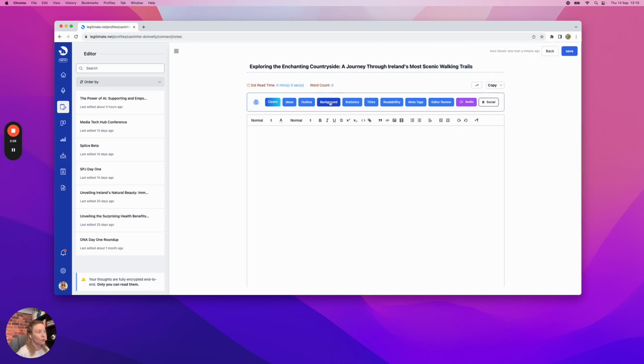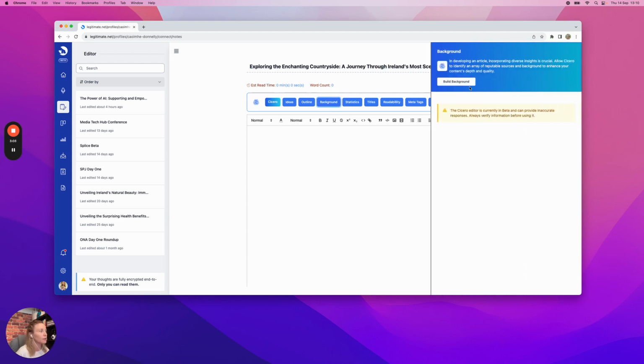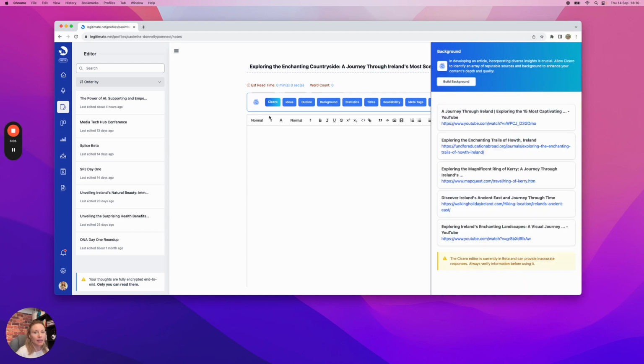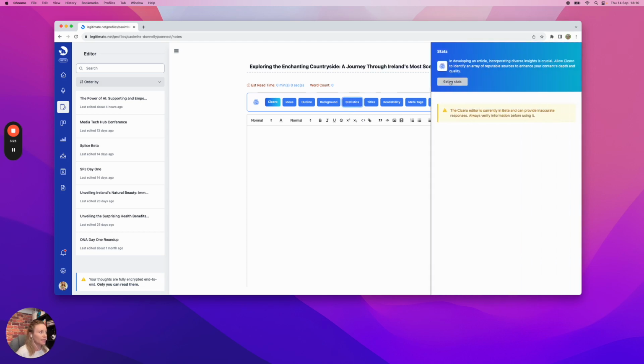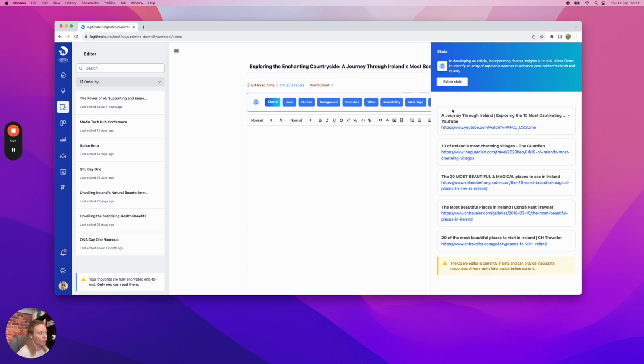If I need some support with background research or some statistics for my article, that's where I use the next buttons, and here it will pull back some sources for doing a little bit of research before I write. All of these are clickable, they're all relevant, and unlike some other LLMs, there's no hallucinations here. Everything you see here is clickable and real, and it's the same then for your statistics. If it's a statistic heavy piece that you're writing, we will gather you some statistics here, some sources that you